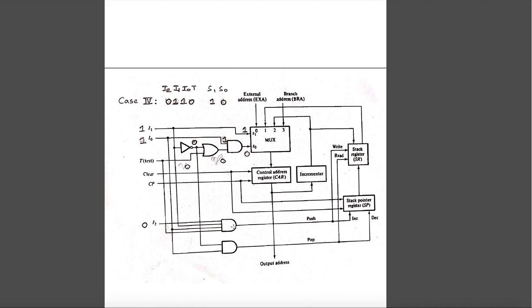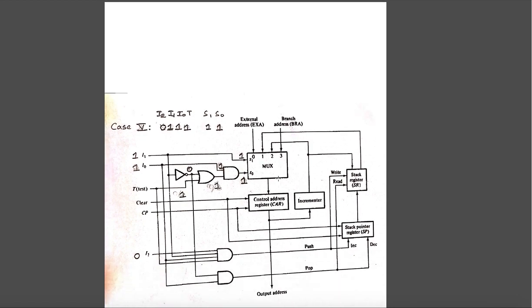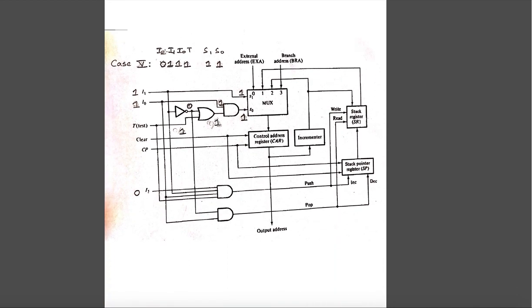So you needn't explain each and everything clearly. You can just write down these specific test cases, and accordingly what is the functionality that is happening in the control address register. That is all that is expected from you to write in the exams. And the fifth case: when I1 and I0 is 1 1 itself, I2 is 0 itself, but our test case has been changed to 1.